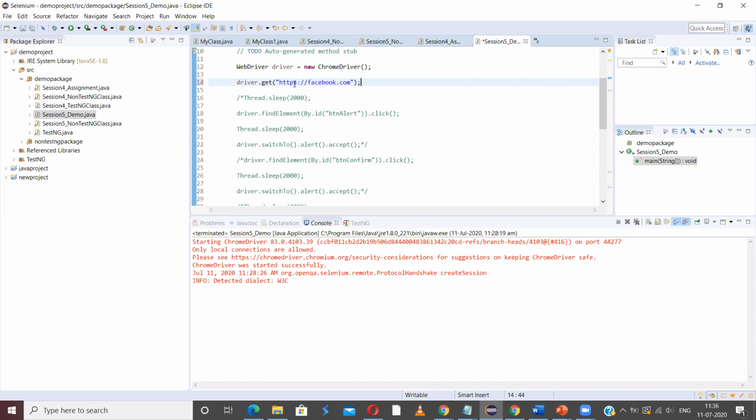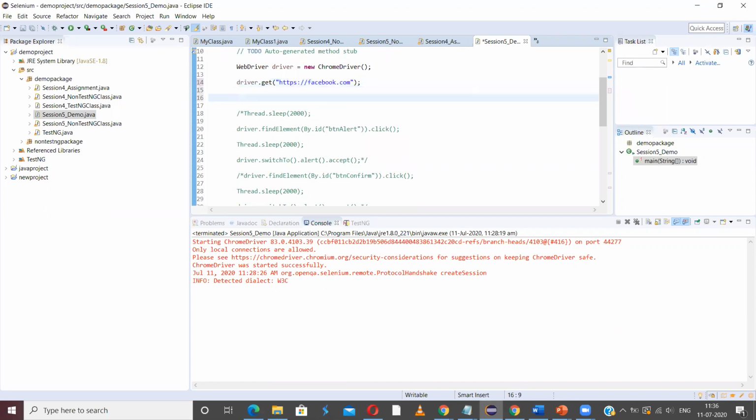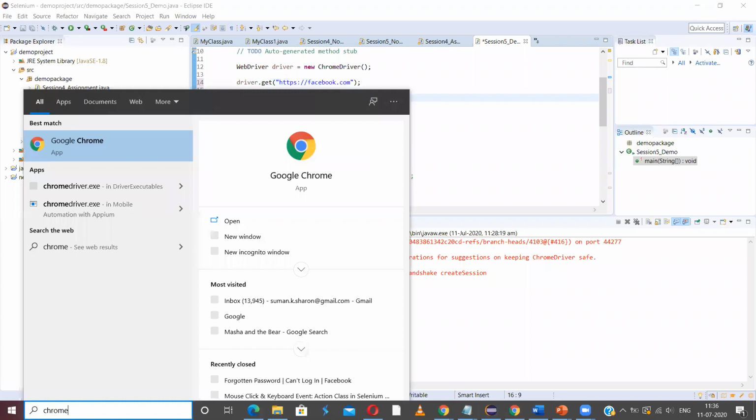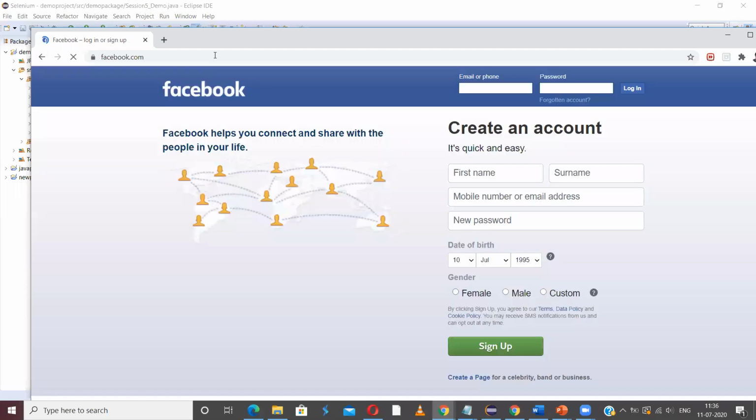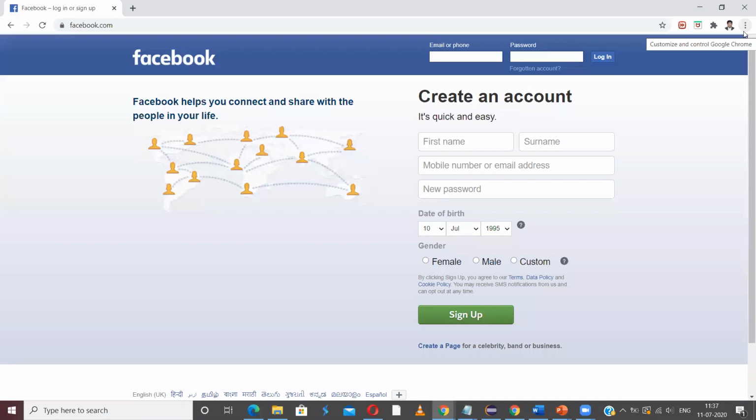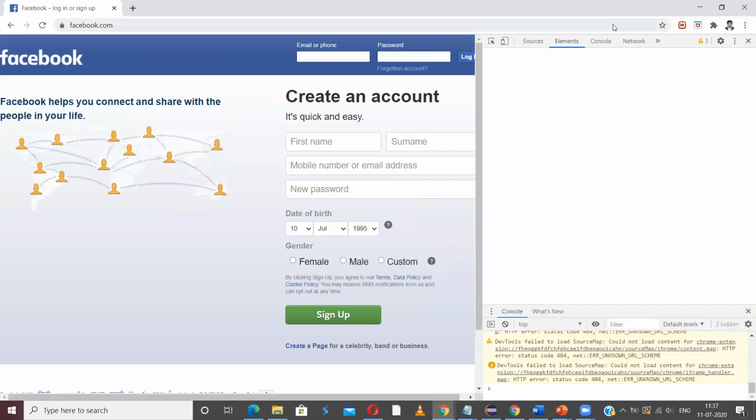Let us first open it in a browser, and locate the elements first. Let us see the values of the different attributes of the web elements that we are going to interact with. So F12, Control F12.